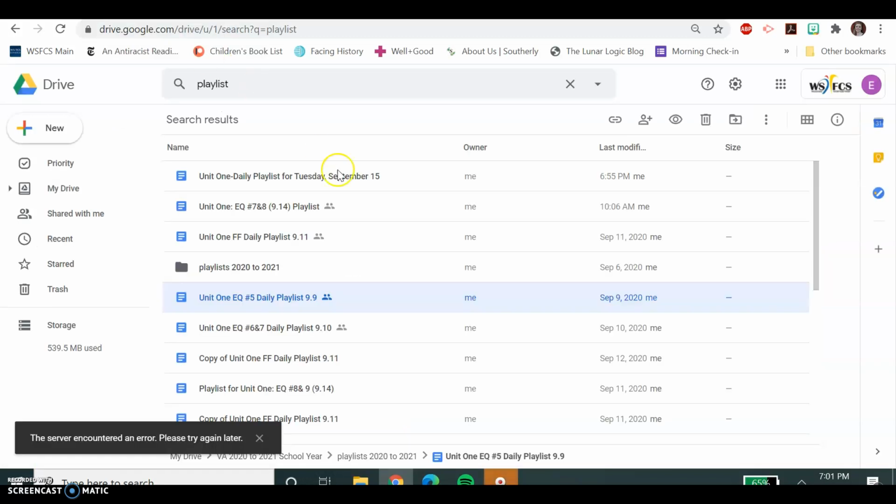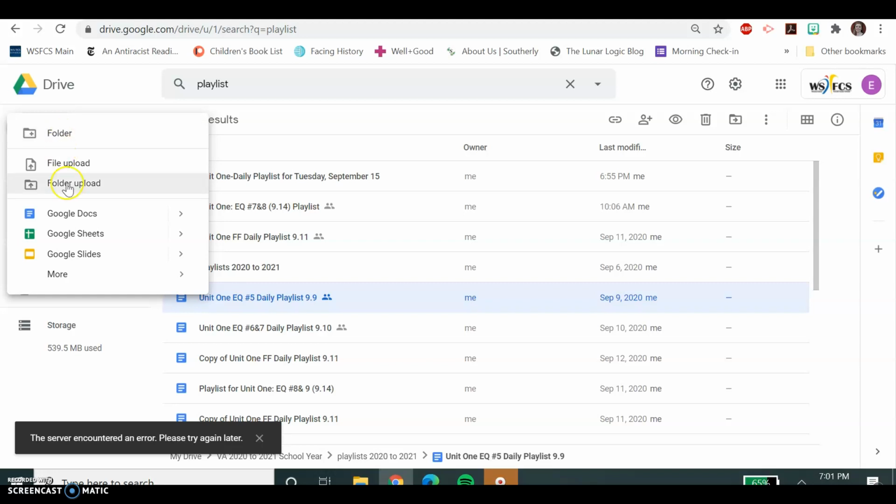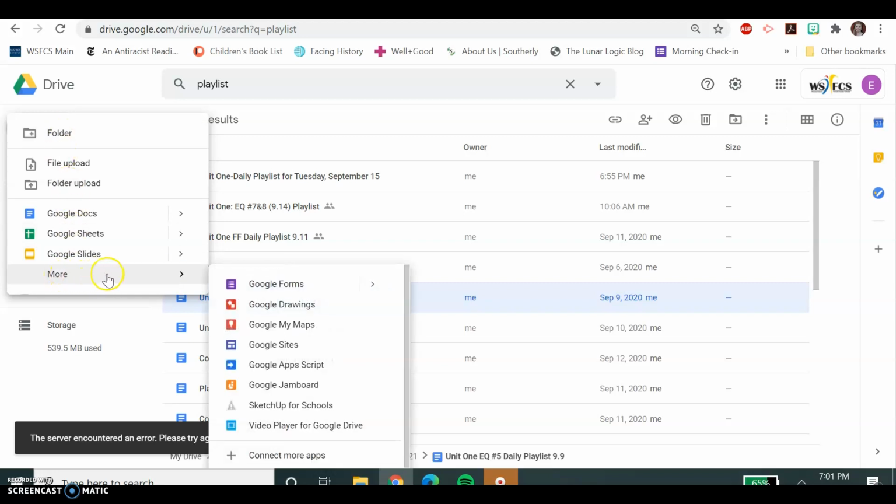Hey Vonda, so I wanted to show you how to make a Google form. Once you're in your Google Drive, you click New, and down here at the bottom there's More. When you click on Google Form,